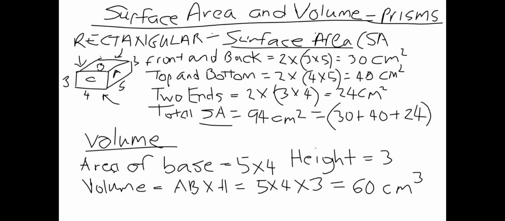And that will be equal to 94. How do we get that? We add 30, we add to that 40, and then 24, and we get 30 plus 40 plus 24 equals 94 centimeters square. So the volume is different because the volume will determine what can hold in the space of